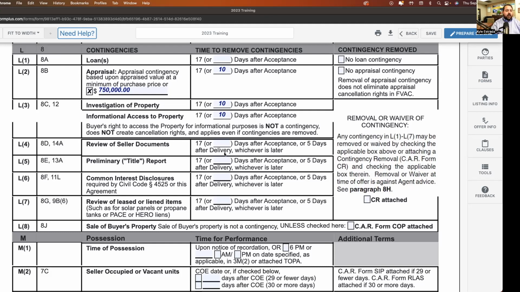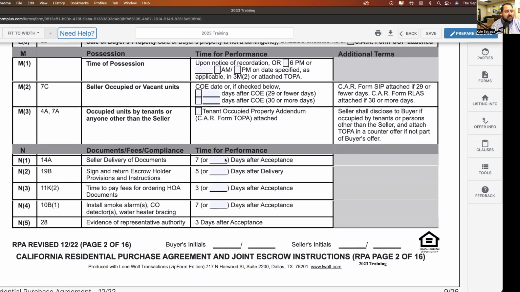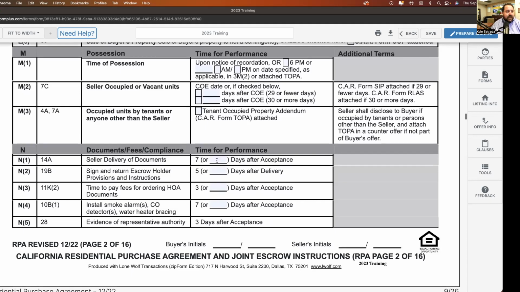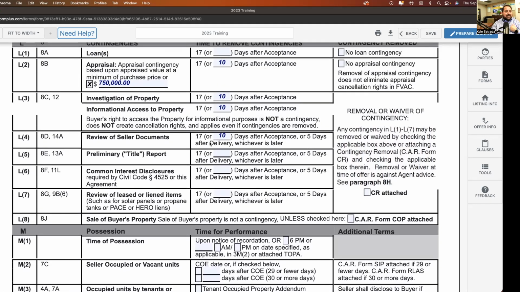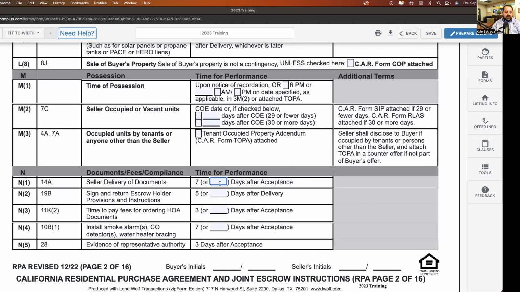The review of seller's documents. Again, if my investigation time is 10 days, then that should be also. But I'm going to jump ahead a little bit, and we're going to look at, just real quick so we can do the math here, the seller's delivery is 7 days. So if I'm going to review the documents in 10 days, that only gives me 3 days to do that review, right? So I would address this, maybe cut it down to 5, to buy me a couple extra days to be able to review it. At least make it make sense as far as time periods go,